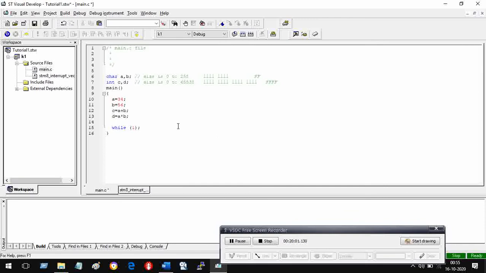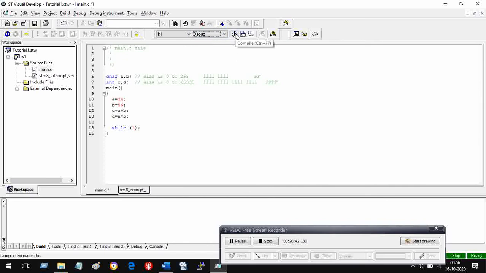So this is a program that you have written and you want to compile it. And remember, you have two options here. Either you build it for debug purpose or you build it for release purpose. Release means final. So if the program is final and you want to load it into your microcontroller, then go for the release option. And if you still want that program to reside in the target board or the microcontroller and you want to debug it, then you select debug. So we select debug and we say, okay, let me compile it.